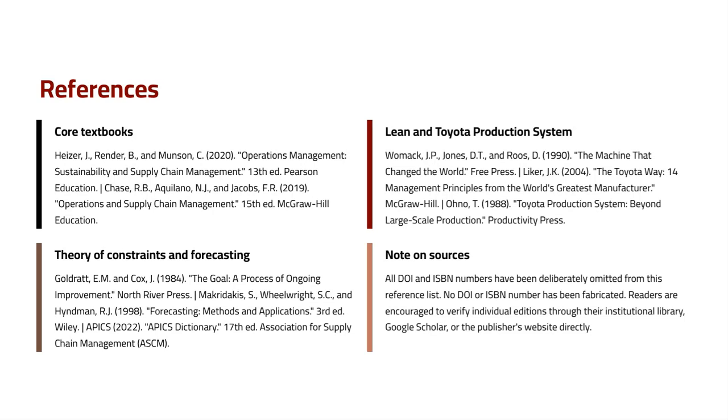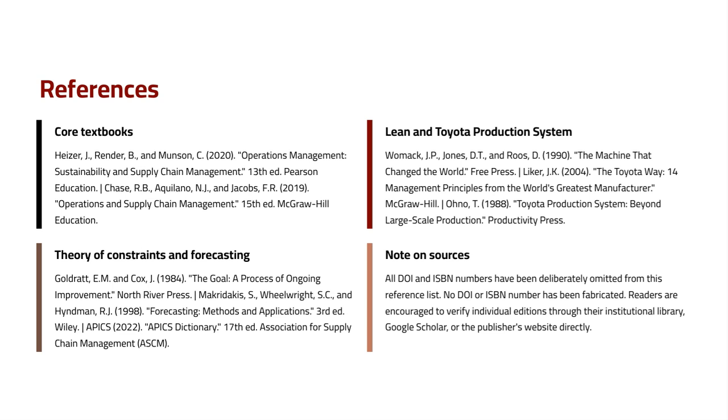Here are the key references that form the foundation of this presentation. For core textbooks, we relied on Heizer, Render, and Munson's latest edition of Operations Management, which offers comprehensive coverage of sustainability and supply chain topics. Another essential text is Chase, Aquilano, and Jacobs' Operations and Supply Chain Management, known for its practical insights and updated content. Regarding lean principles in the Toyota production system,